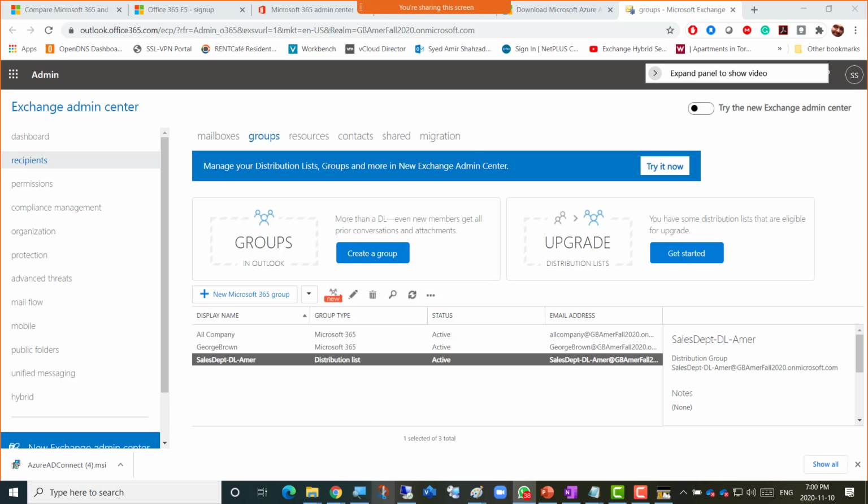Created a distribution list. The sample screenshot is there in WhatsApp. Once screenshot number 7 is taken, let's check if this group actually works, if the distribution list actually works. So what we can do is go to the OWA, Outlook web app,